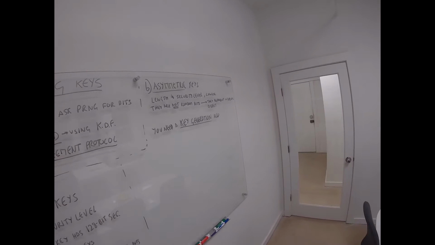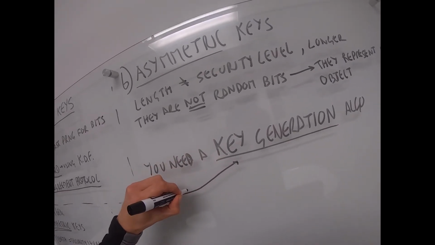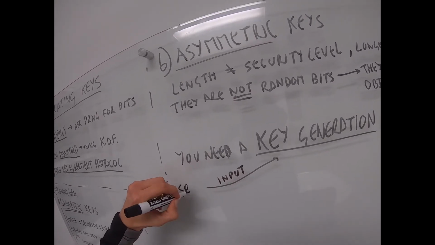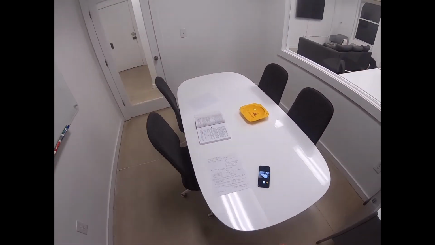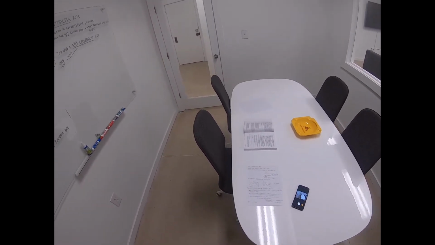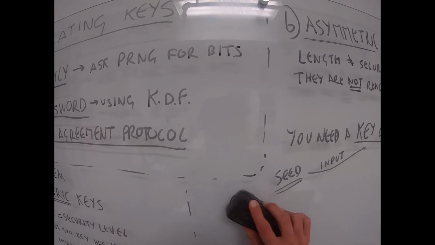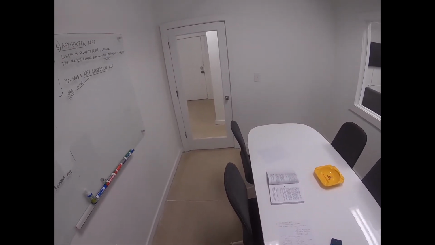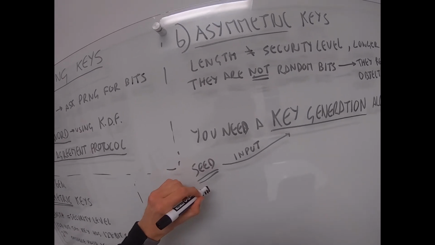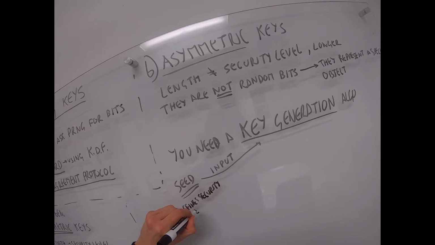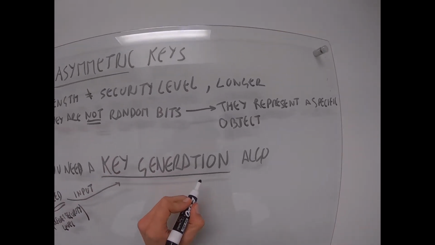What does a key generation algorithm do? It takes, let's say, as input a seed, okay? The seed is what gives it the security level. So let's say we get random bits. Well, I'm just going to say it's basically the value of random bits as big as the security level. So this is what makes the security level, okay? This defines the security level. This is the randomized part that gets input into the key generation, and as an output